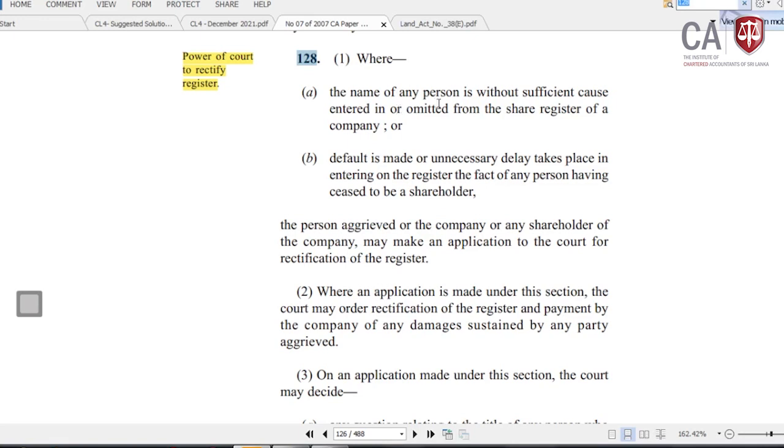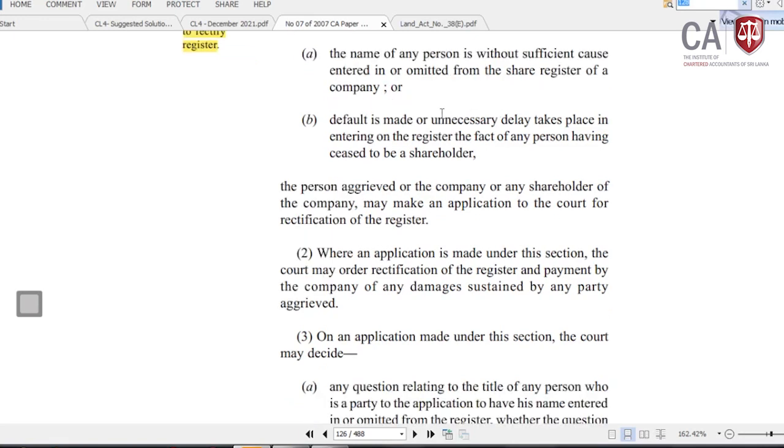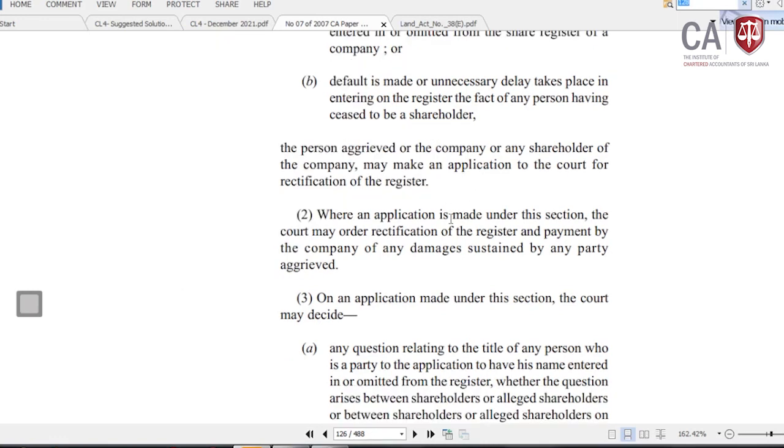So where the name of any person is without sufficient cause entered in or omitted from the share register of a company, the person aggrieved. Here the shareholder is the one who is aggrieved, or the company or any shareholder of the company. So in this instance, the shareholder who is aggrieved by that can make an application to the court for rectification of the register. So obviously he has a remedy. So as per this section,